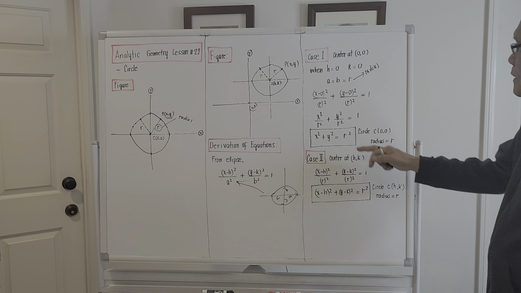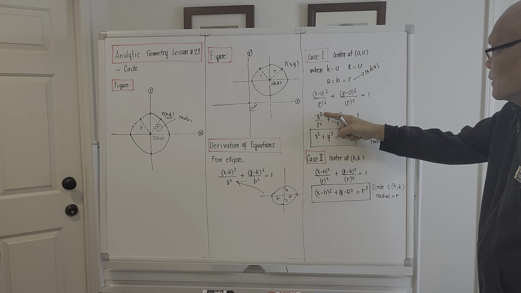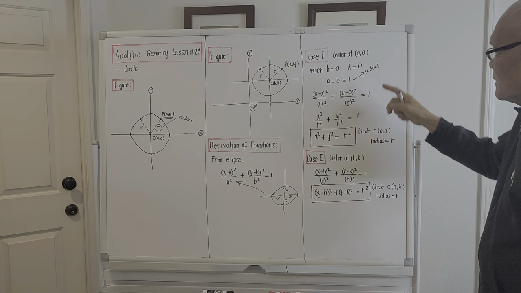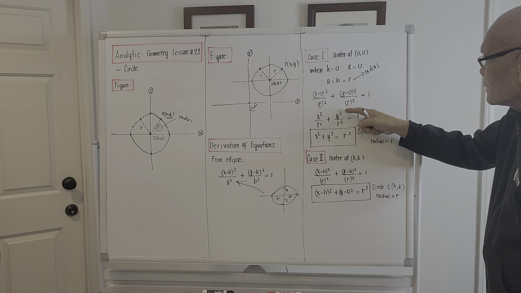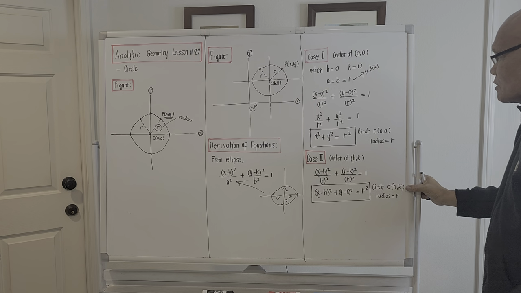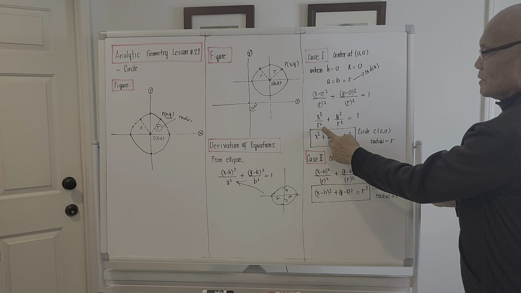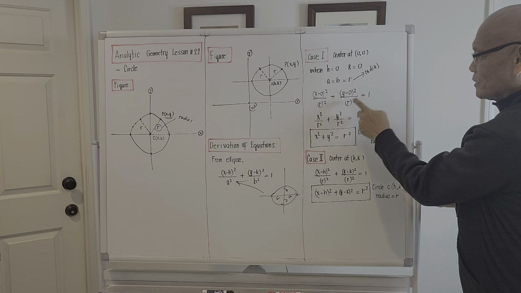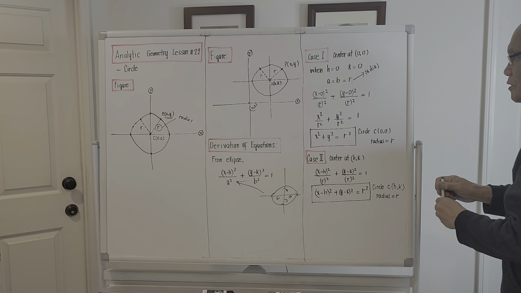Okay? X minus 0 is just x, and the square of x is just x squared. Y minus 0 is actually y, and we will square that one, it will be y squared. The bottom portion, r quantity squared, will be r squared. Still r quantity squared will be r squared, and this should be equal to 1. So to bring out the final equation,